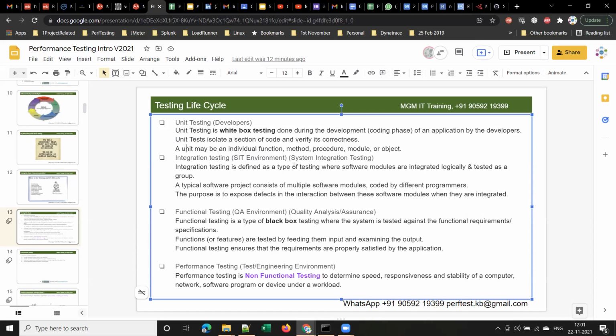Now, once this manufacturing is done and assembling is done, the vehicle manufacturer should test it again, whether all the components are working together properly or not. Yes or no? In the same way, in software also, integration testing will be done, and that environment is called SIT environment. As simple as that. There is no rocket science here. Is this clear now?